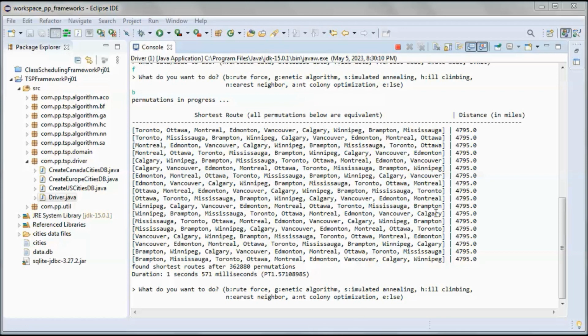That is why for a large number of cities, that brute force way of finding the shortest routes becomes impractical, since the number of permutations increases significantly. And this is why it makes sense to use other algorithms than brute force for a huge number of cities.